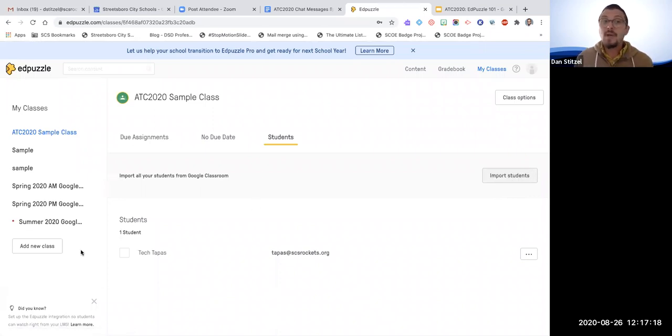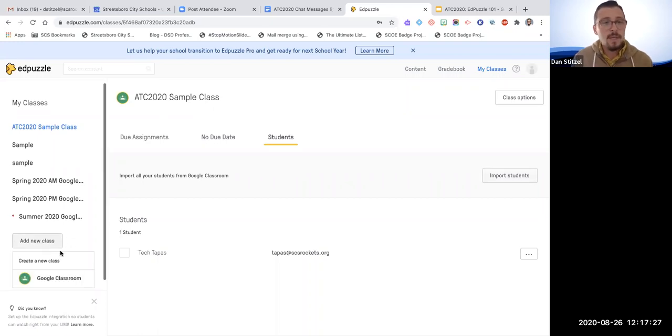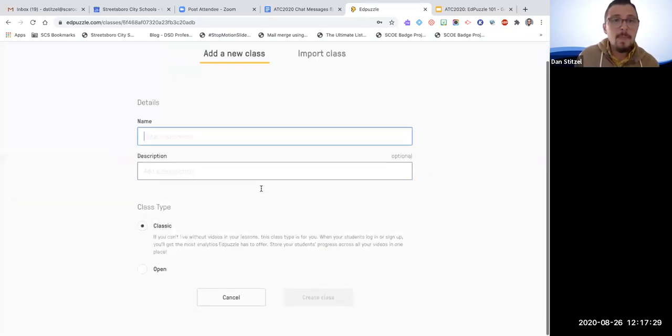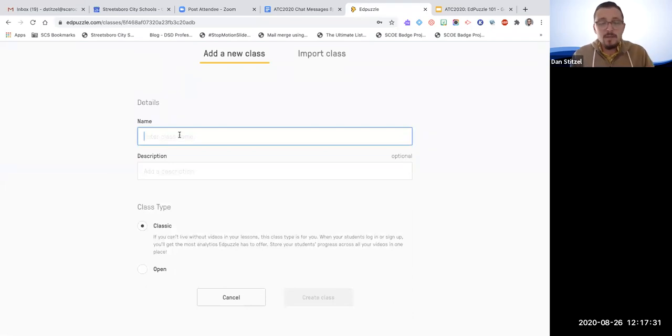If you don't use Google Classroom but you still want to add a class, you go to add new class, then create new class, and this is where you'll give information. So this would be Sample. I would choose the classic class type,